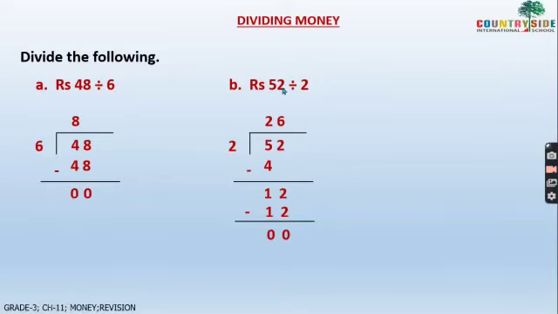Then next question, rupee 52 divided by 2. So 52 you have to divide by 2. So here in 2 table 52 we will not see, we will see one digit. Okay, so see here 5 do not come in 2 tables, so take lesser than 5. So it is 2 2s are 4. Then 5 minus 4 is 1, and then bring this 2 down. So in 2 table 12 comes, 2 6 are 12. Yes. So 2 6 are 12 and 12 minus 12 is equal to 0. So children, like this you have to divide money.